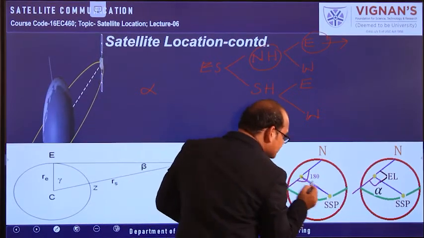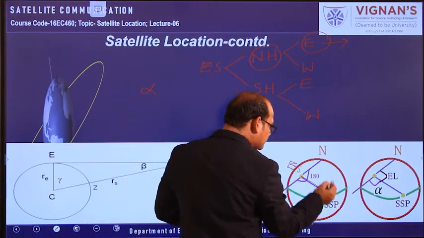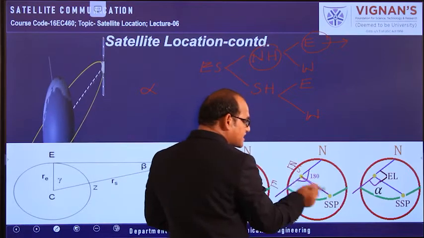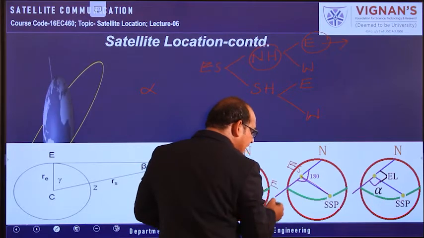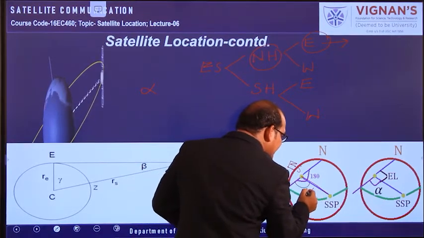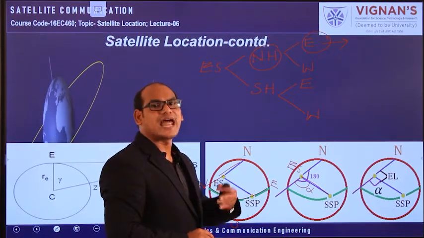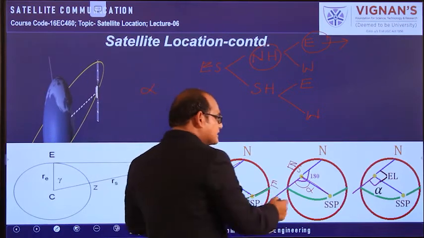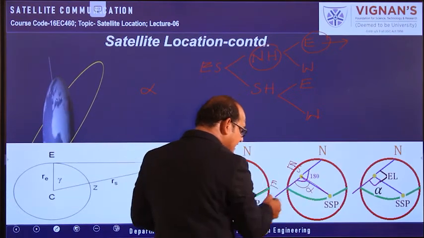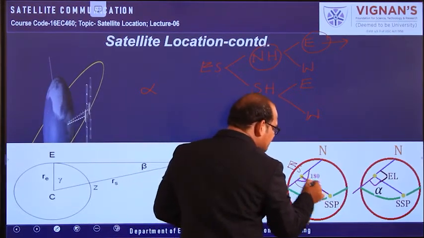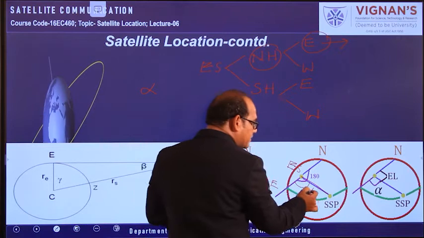And this is the line which is joining the earth station and the subsatellite point. Here the earth station is there. This line is joining the earth station and the subsatellite point. After extending this line, this extended line is making that alpha. This is called the intermediate angle. I have already told that to calculate the azimuthal angle, we need to calculate the intermediate angle alpha. So this alpha has to be calculated in such a way that it is in between the extended line and the line which is joining the earth station and the subsatellite point. The angle in between those two lines is called the intermediate angle alpha.